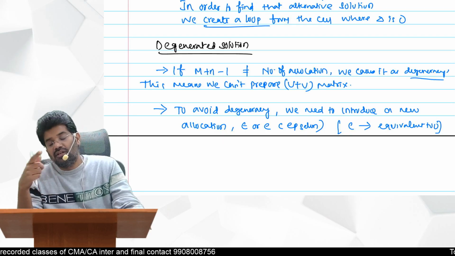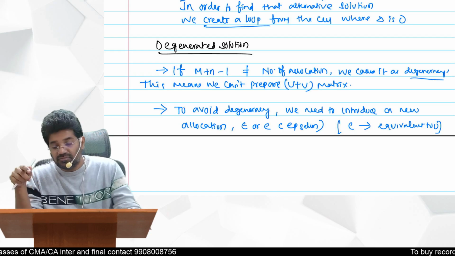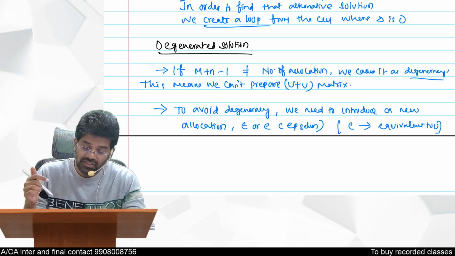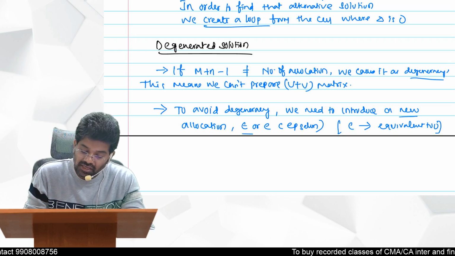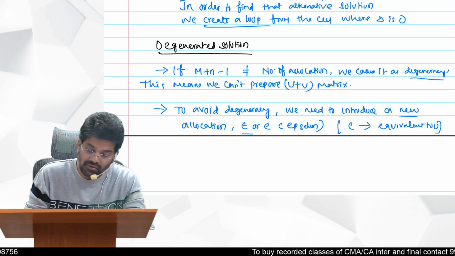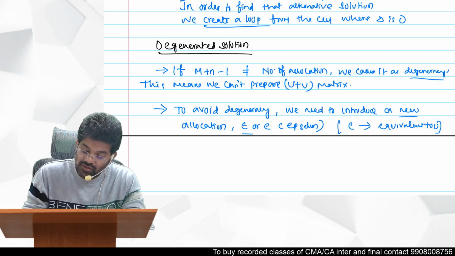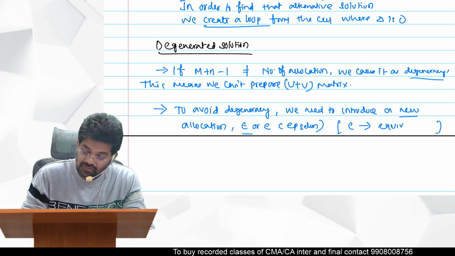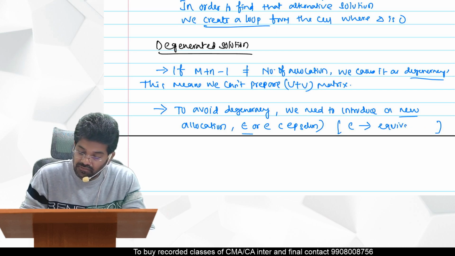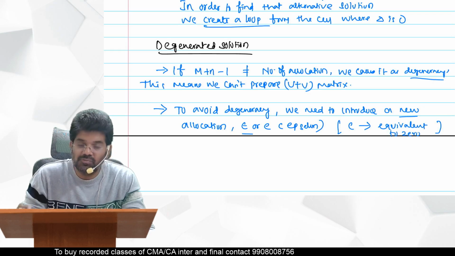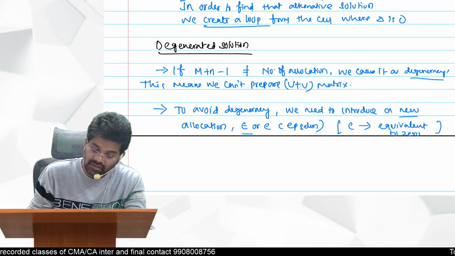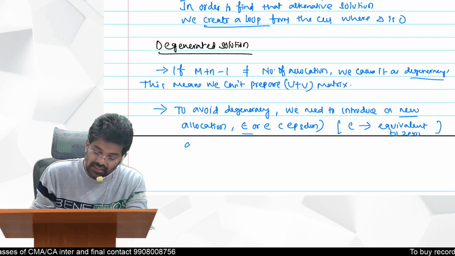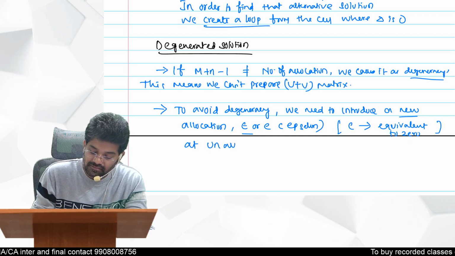Already according to the initial solution we got allocation, no? So where we should do this allocation is an independent cell. We need to introduce a new allocation E or epsilon, where E is equivalent to 0. E represents a small value, the smallest value, equal to 0. Okay. Where we should use it: at an unallocated